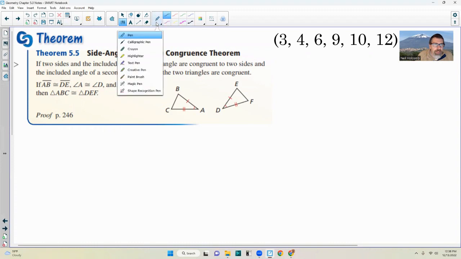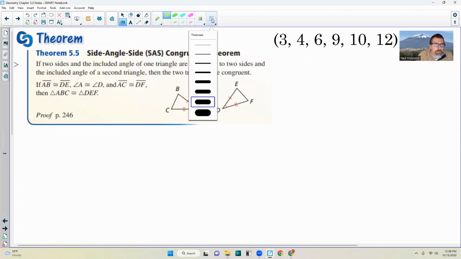So what are they talking about here? Let me get my highlighter. Let me make it a little bit thinner. So it says if side AB, which is right here, is congruent to DE, and notice the one arc there, and angle A is congruent to angle D,